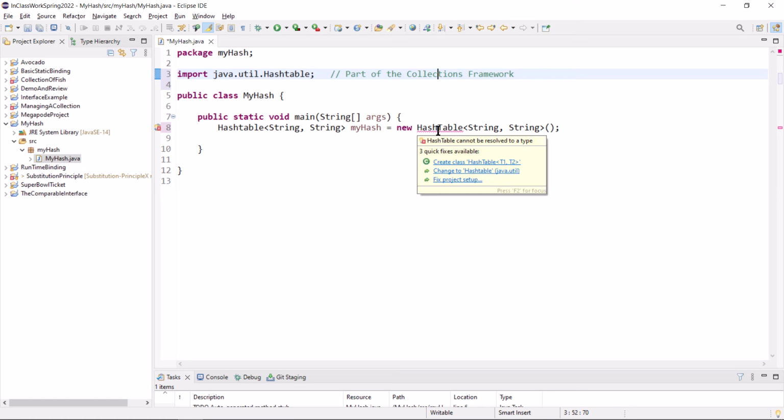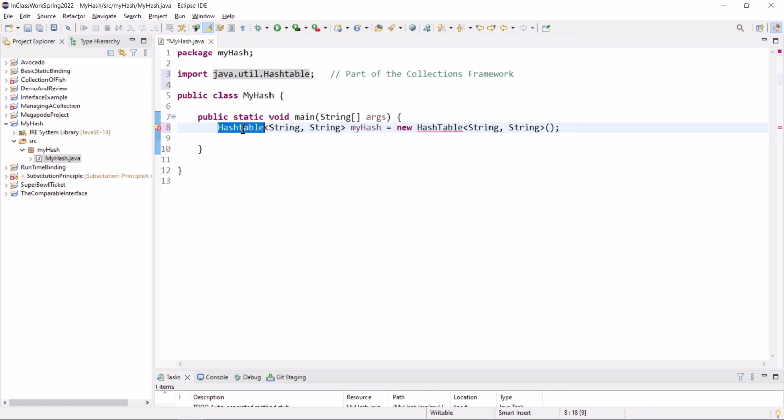I still have another problem though, because the instantiation step is different from the declaration step. Therefore, it only fixed the declaration. It didn't fix the instantiation. But does it offer to fix it? Yeah. Change it to Hashtable, Bill, because you misspelled it. Okay, fine. There we go. Now we have a variable we can work with. Life is good.